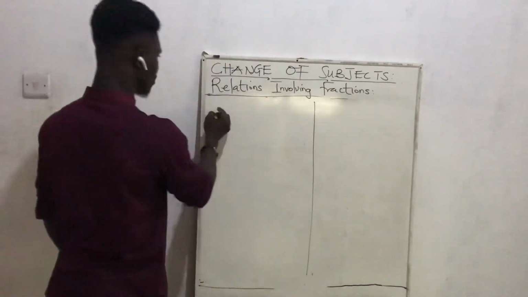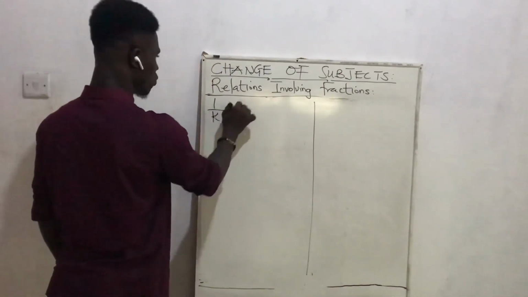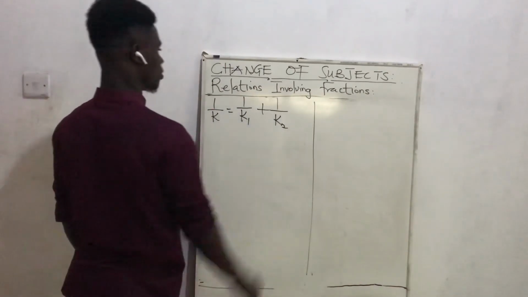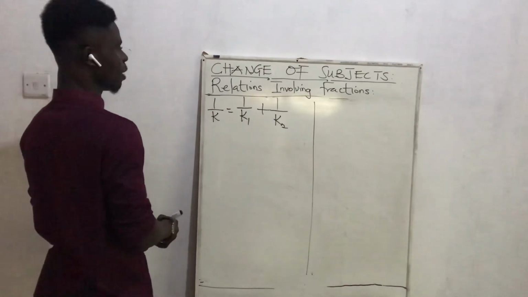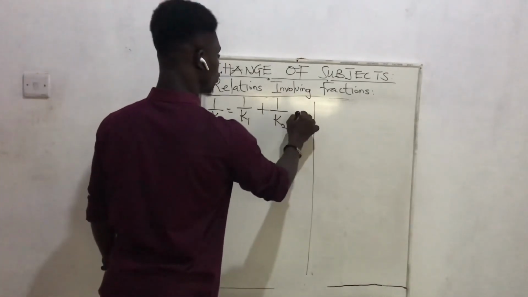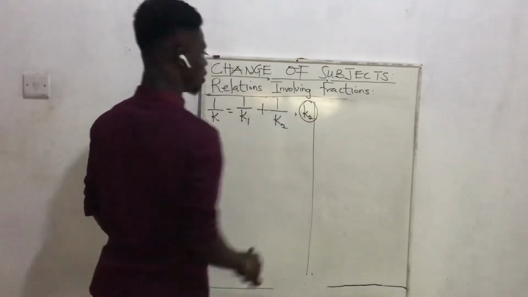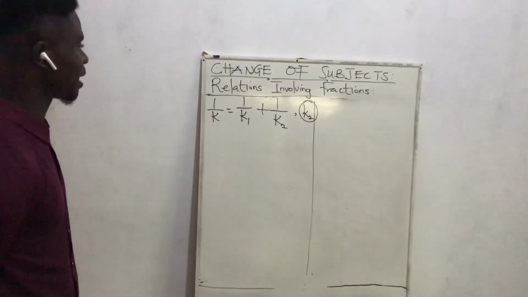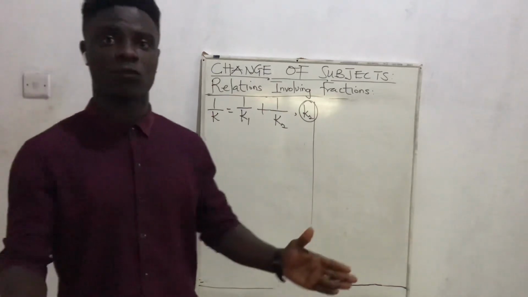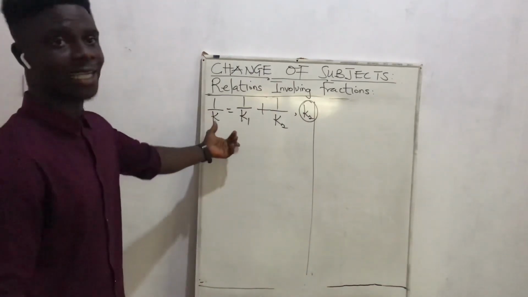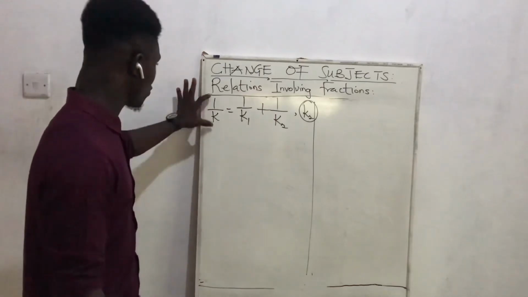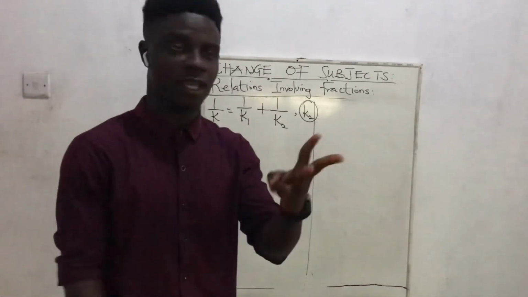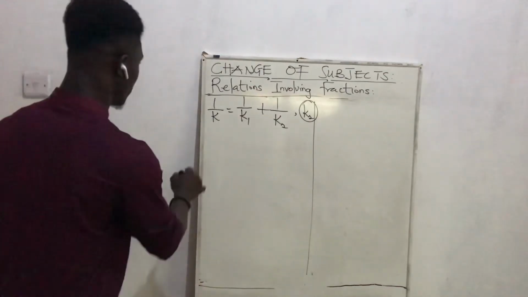So 1 on K equals 1 on K1 plus 1 on K2. We want to make K2 the subject. Now what do we do? We have to find what? The LCM. Ask yourself how many terms? Yes, 3 terms. So we have 3 terms. Now the LCM,